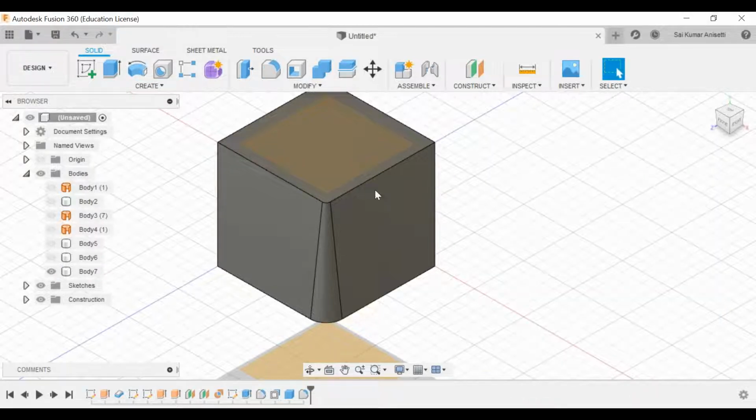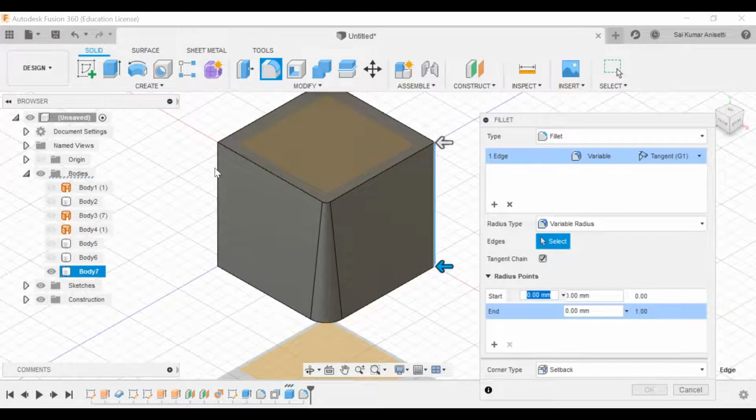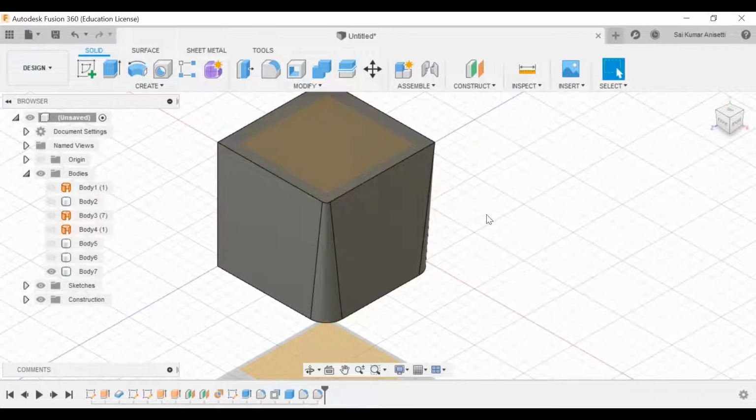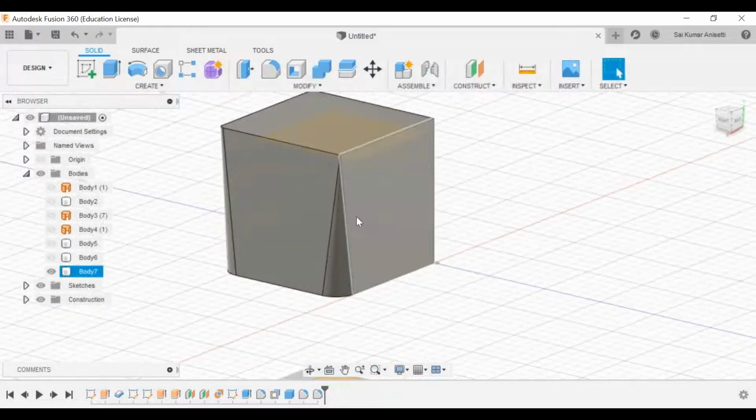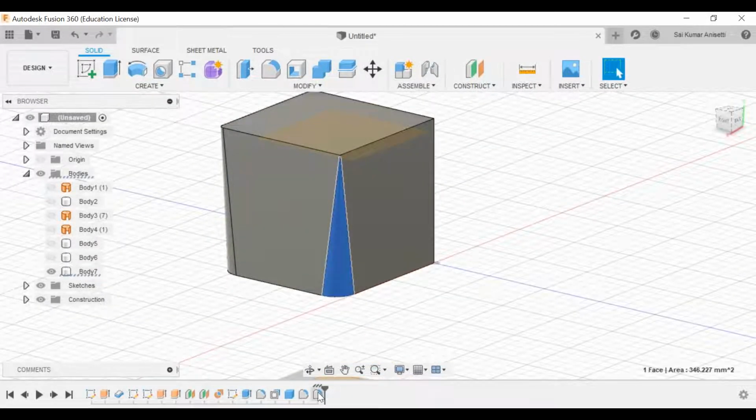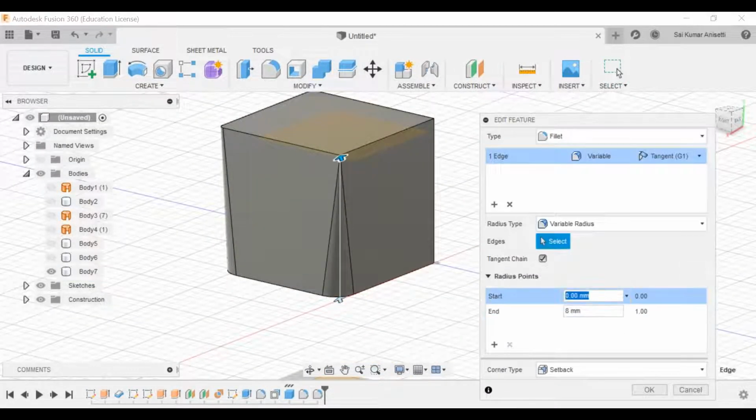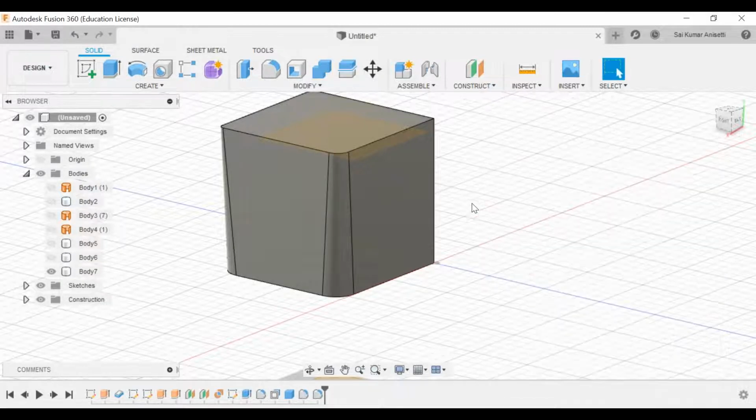Okay, 8 mm. Okay, so repeat the same feature with all those. Let me give another radius which is 5 to 8 mm. Click OK. Let me give OK. Let us click 5 and 8.